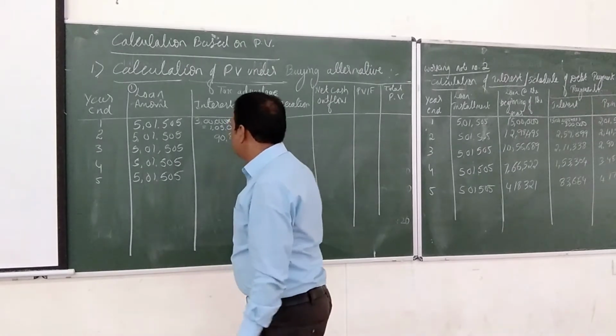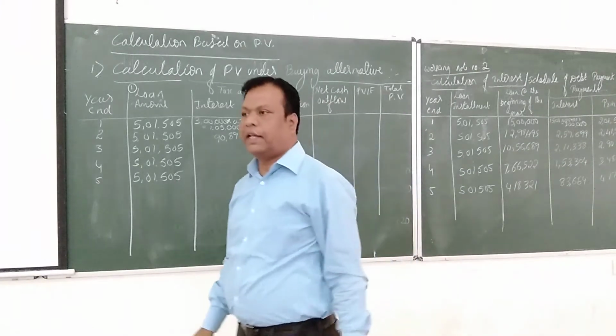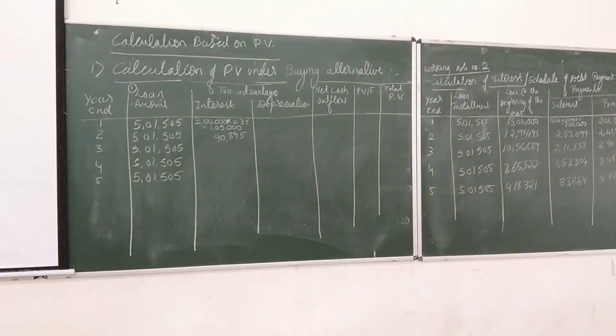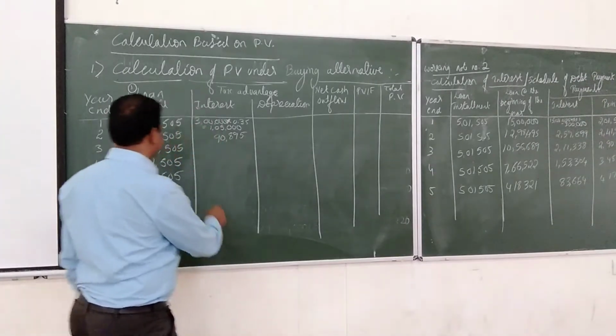Okay. Third year. Any confusions, any query anybody has here? So what we are doing? Whatever interest we pay is a tax advantage. For that, we have tax rate of 35%, correct? Because the tax rate is 35%, we are multiplying the tax rate with the interest. Okay. So how much is it? Third year 2,11,388 into 35%.